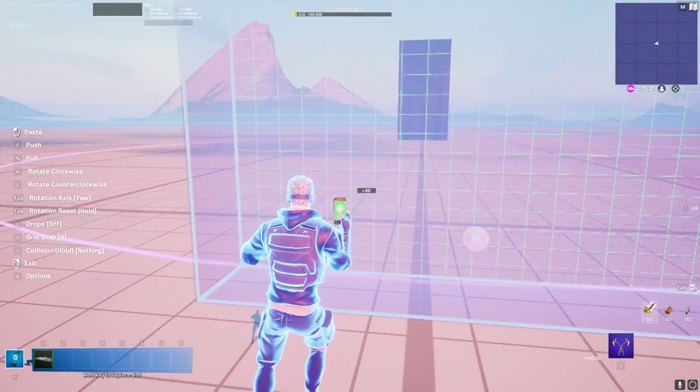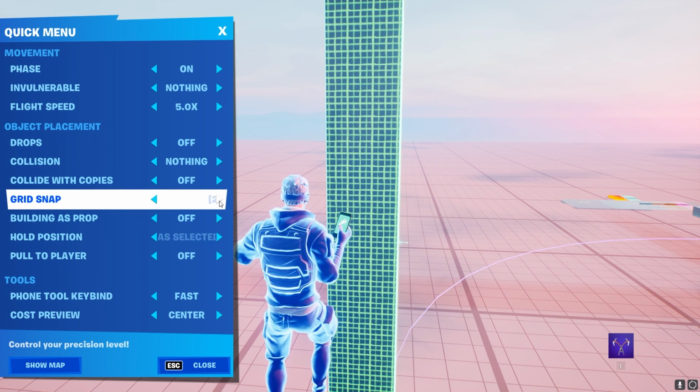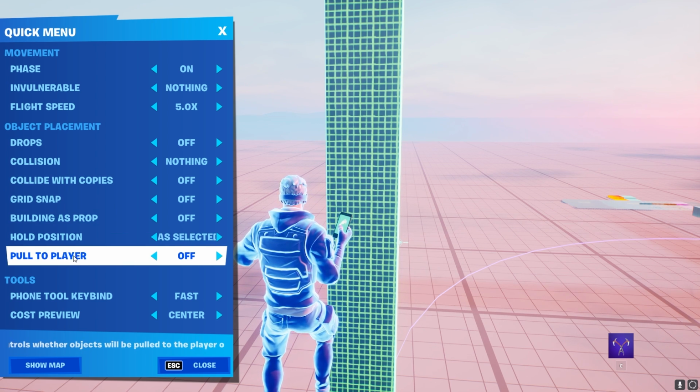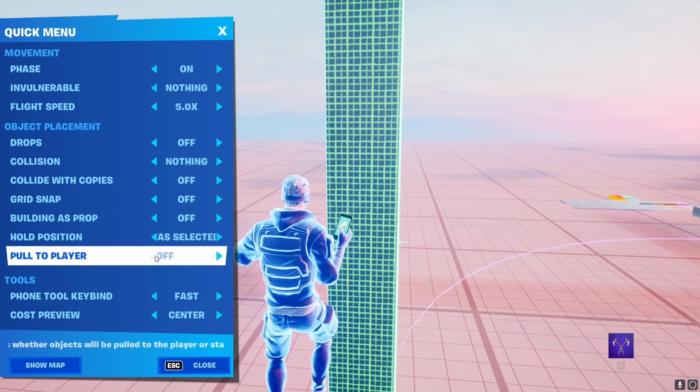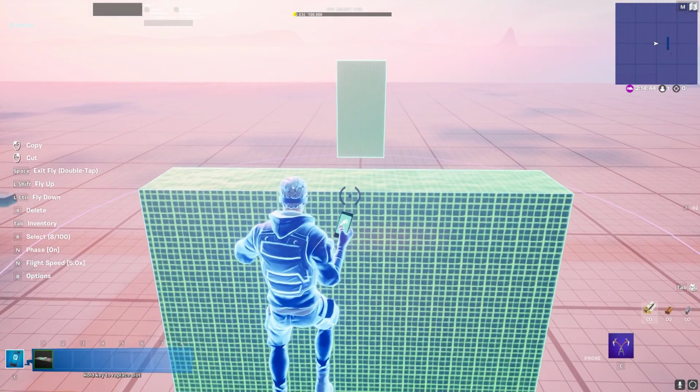almighty circle trick. When you go into our options, we're going to turn off the grid snap, so make it to off here. So we're going to turn the grid snap off, and we also want to make sure if you have that on, that you don't have it to pull player, because otherwise it will basically pull it to you, which is not a good thing to have. And now we can do